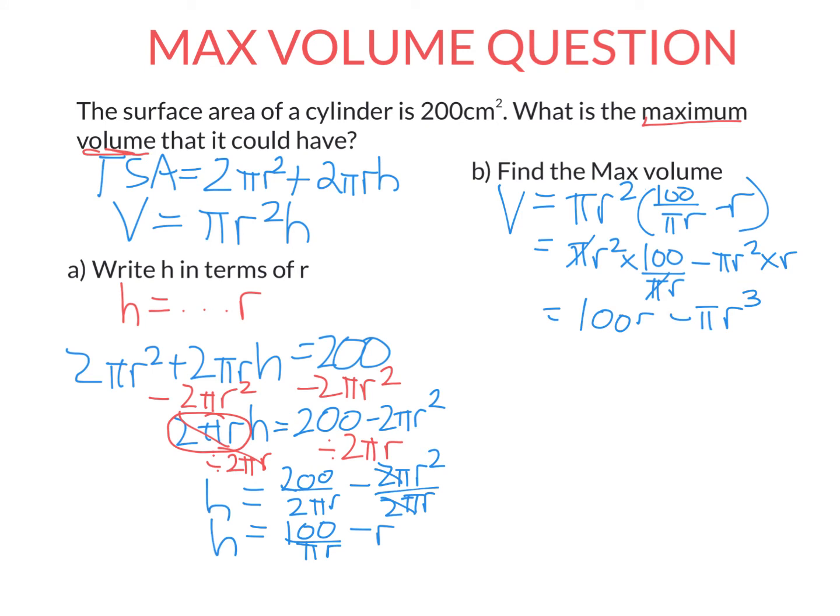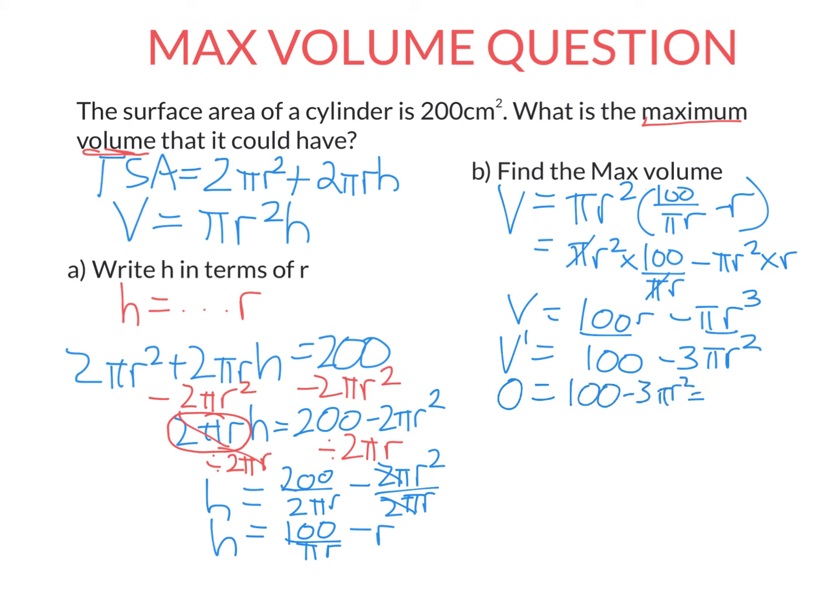So now I have a function for volume that only has one unknown, which is the r's. So now I can simply differentiate and find where it equals 0. So the derivative of 100r is just 100. The derivative of pi r cubed: move the power to the front and decrease the power by 1. So to find where this function here is maximized, I need to find where the first derivative equals 0. So if I have 100 minus 3 pi r squared